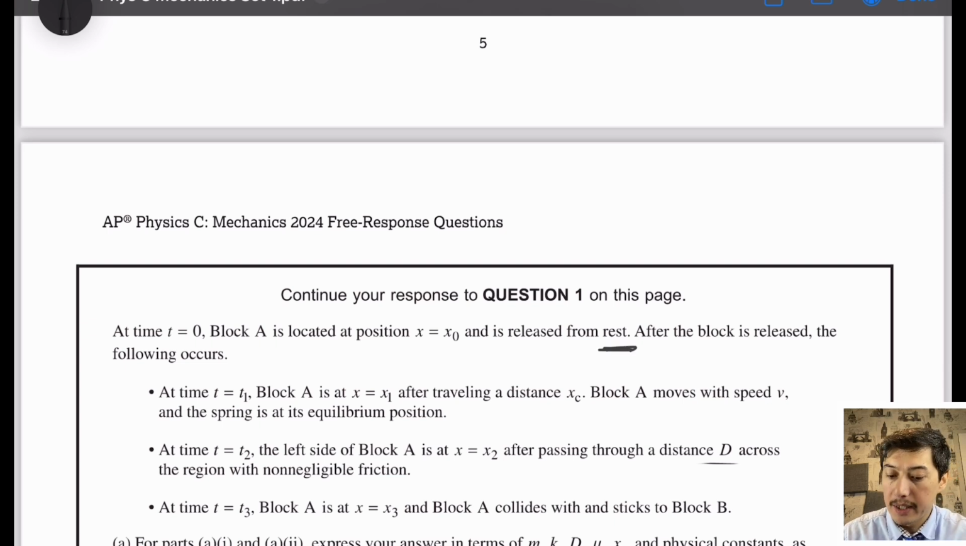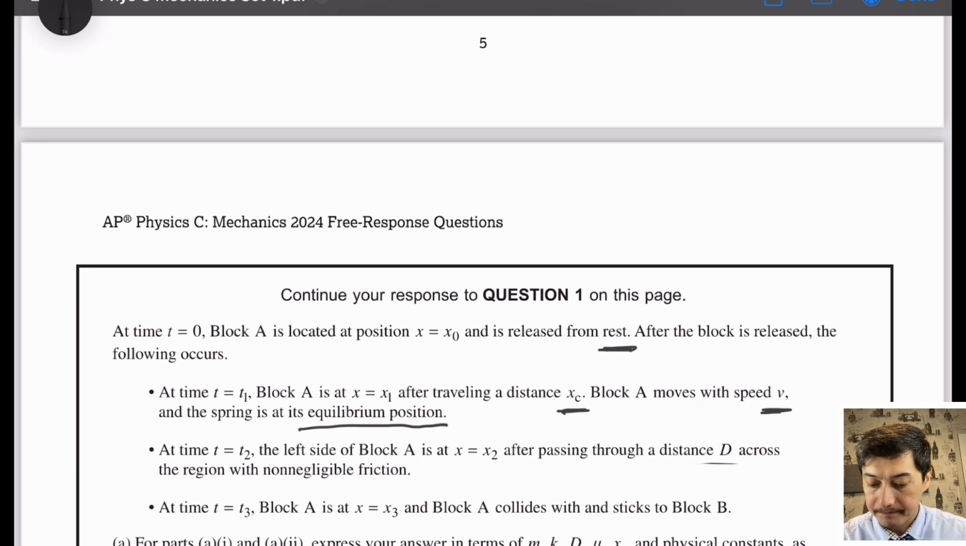After the block is released, the following occurs. At time t1, block A is at x1 after traveling a distance xc. Block A moves with the speed v and the spring is at its equilibrium position. That means when the block reaches x1, all stored potential energy by the spring was converted to the kinetic energy